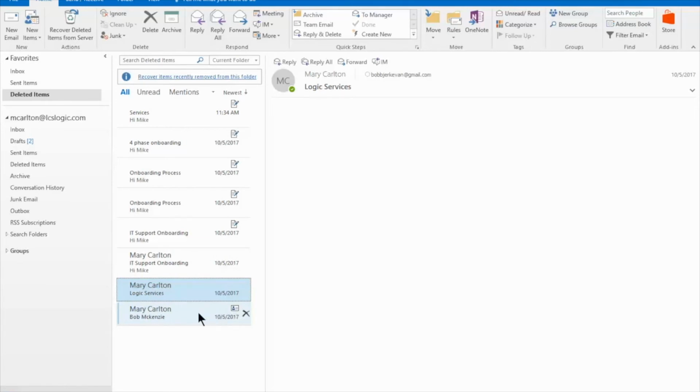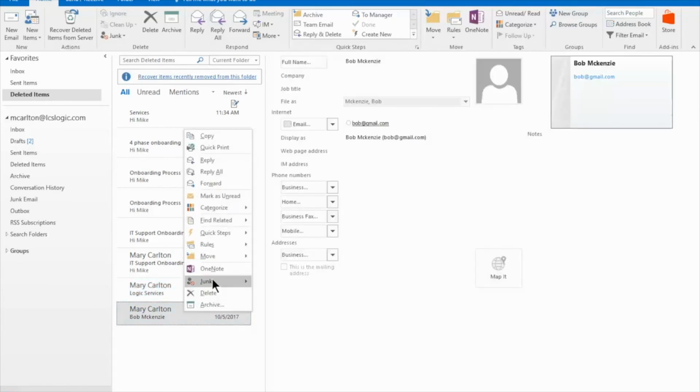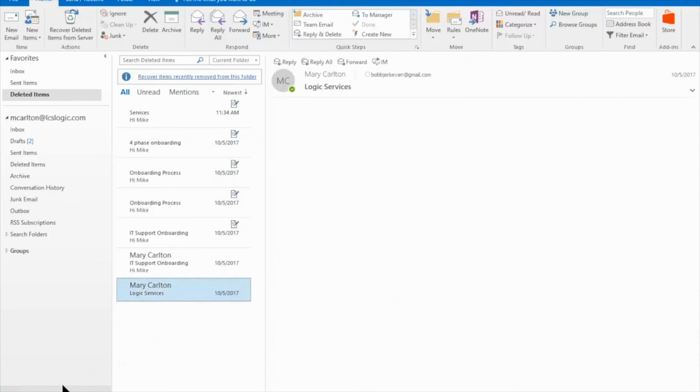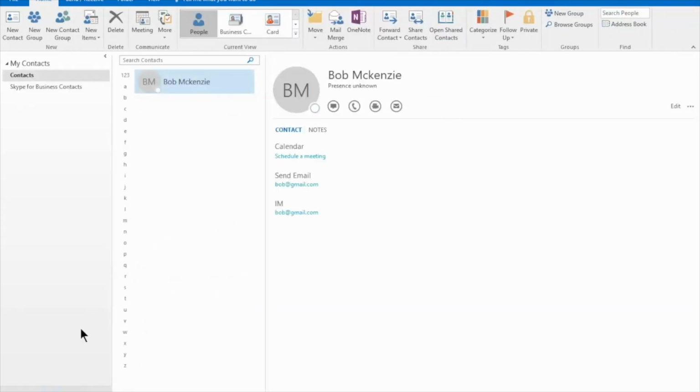That's Bob McKenzie. I'll scroll down to Move. Then from Move, I'll select Contacts. I'll move that contact into the folder Contacts. Then from there, I can go back to my contacts and see that Bob McKenzie has been restored back into